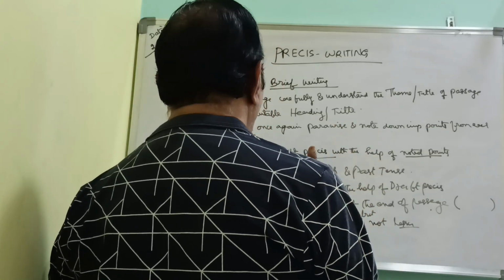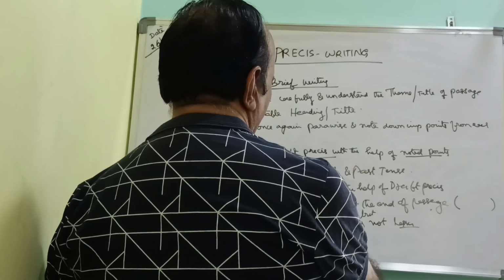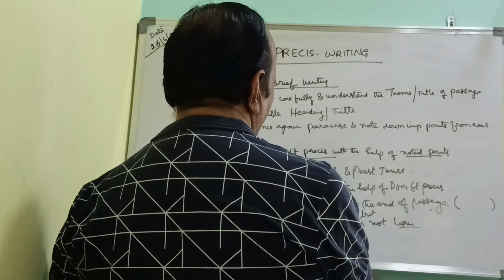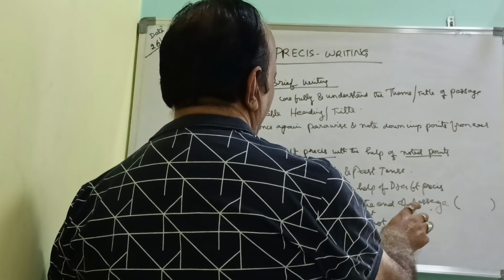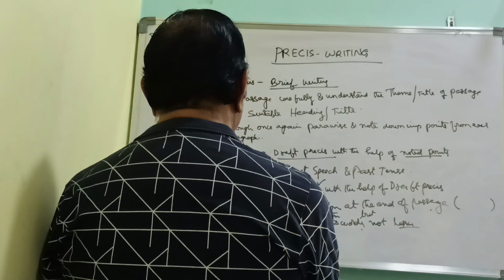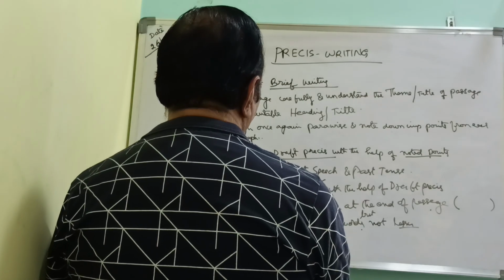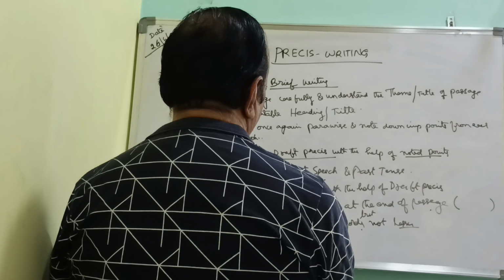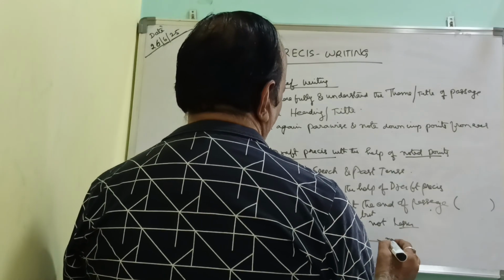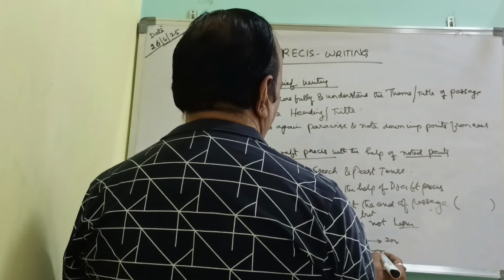It is better to count the words as soon as the final precis is over. Then mention the count at the end of the passage. Suppose the precis should be one-third the length of the passage. One-third length of the passage: if the passage is 600 words, then it should be 200 words. If the passage is 800 words, one-third of it.